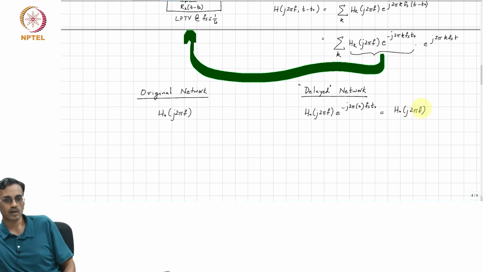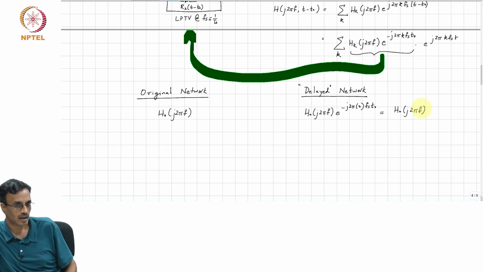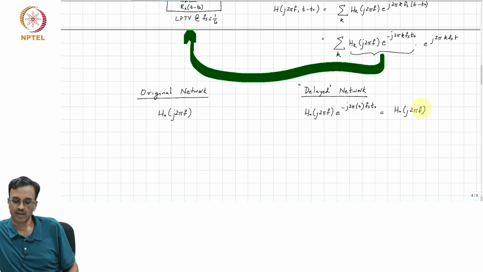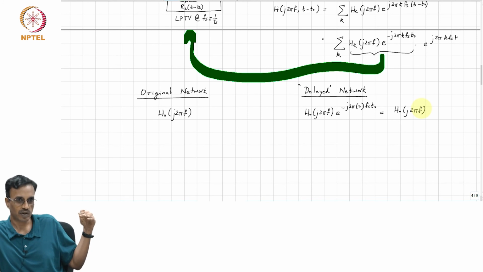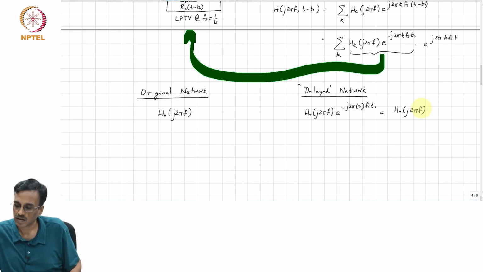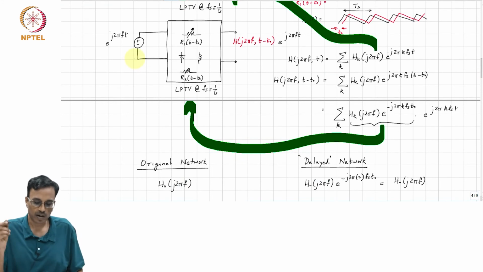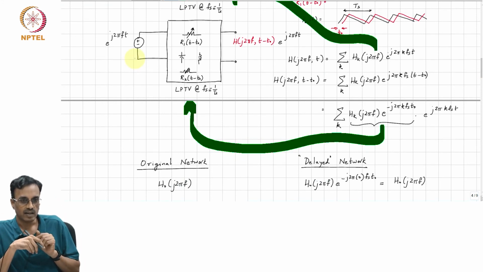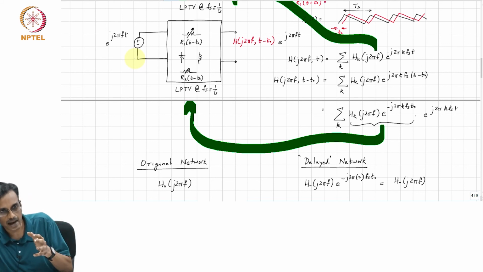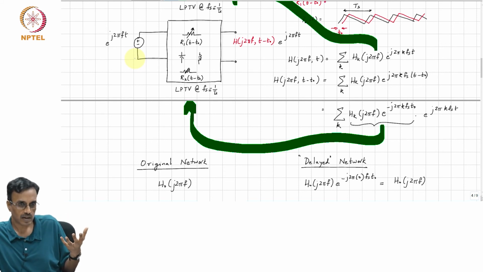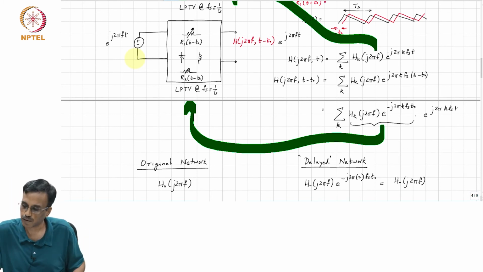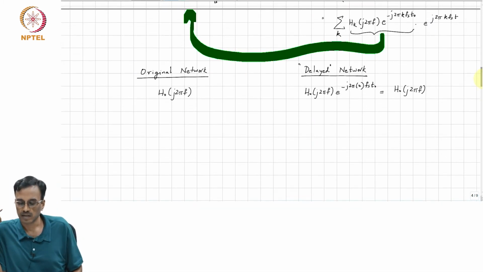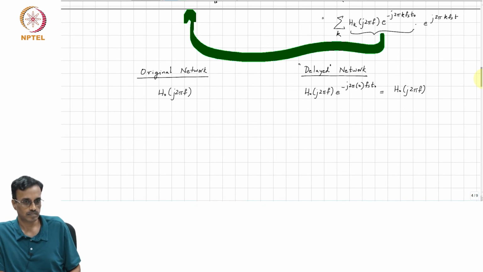Why does this make intuitive sense? It is like average. Remember that H0 is simply the DC value of the Fourier series, right. The gain experienced by a sinusoid in the second network, the delayed network, has the same waveform except that it is delayed in time. If you delay a waveform in time, the DC value cannot change, and therefore, it makes sense that the 0th order harmonic transfer function does not change.